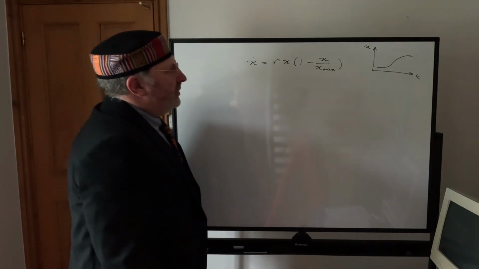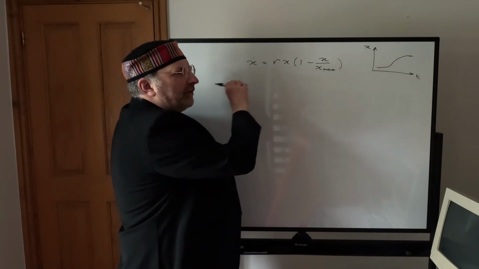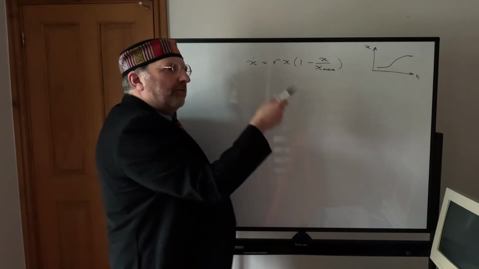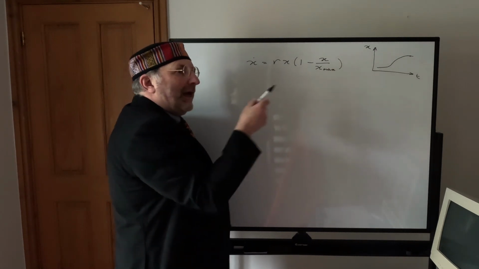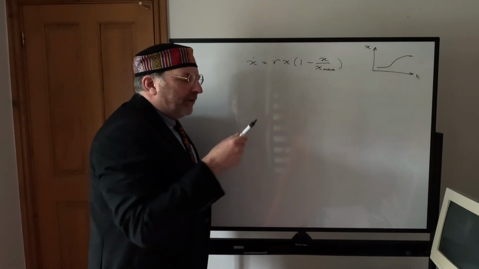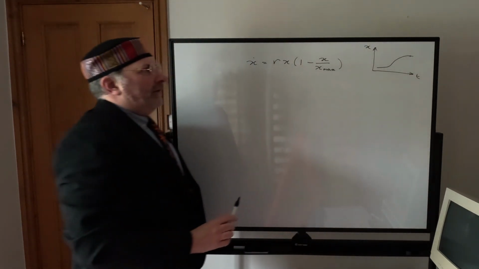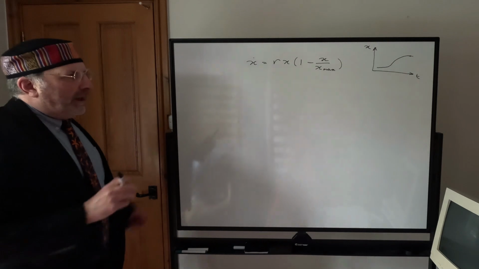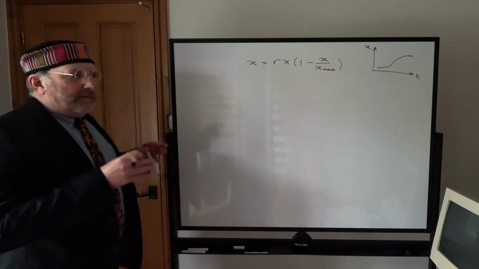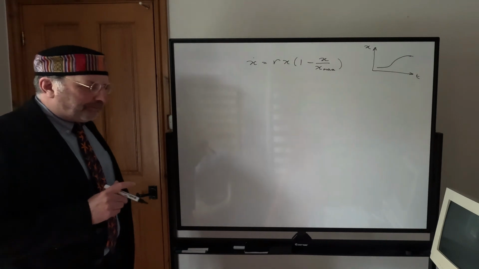So what we can do is use a way of transforming this so that if we plot our data, it will give a straight line if it is logistic. And it's much easier to see how well it fits a true logistic by seeing how closely it fits a straight line than by looking at the raw data by eye. So we're going to look at a technique for transforming and then plotting the data to make it so that it will come out as a straight line if it is a logistic curve.